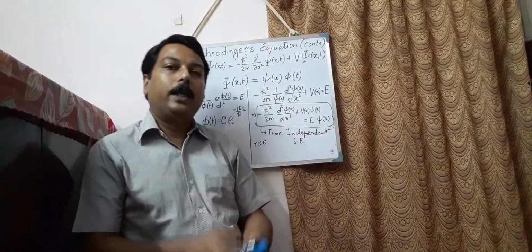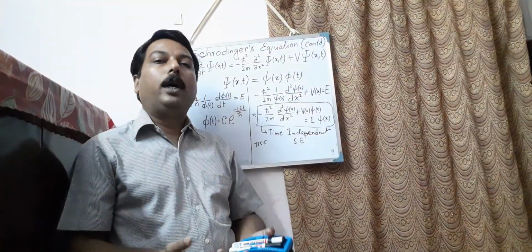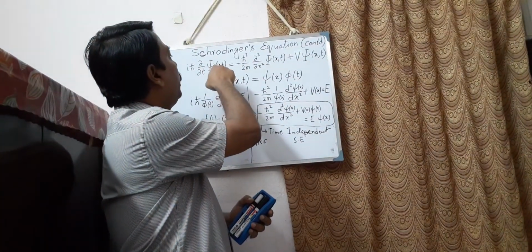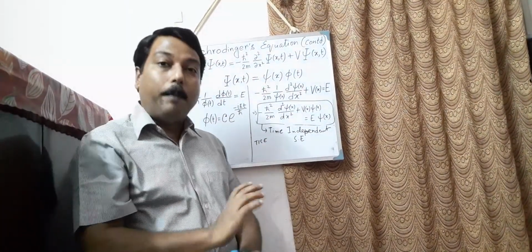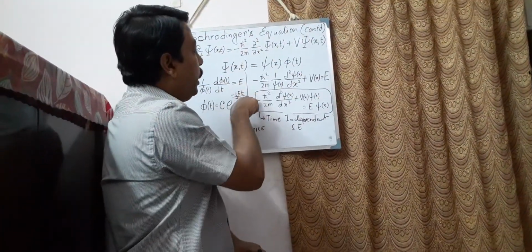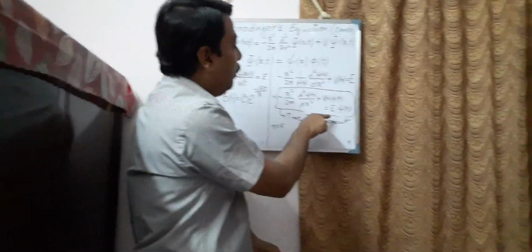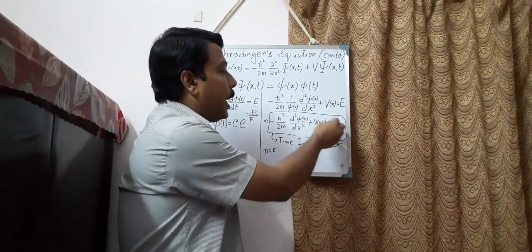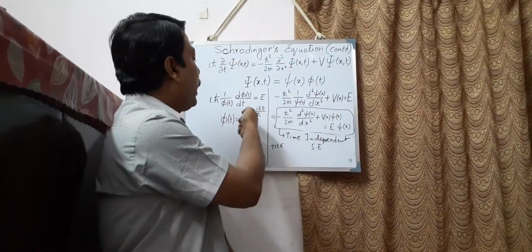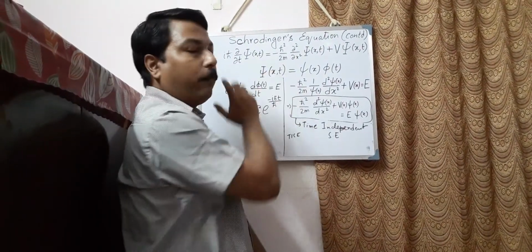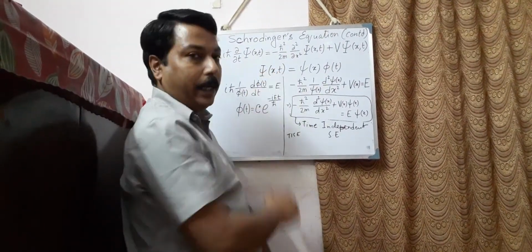So if you are given a system and you are asked to find out the wave function of that system, finding out the wave function means finding out psi as a function of x and t. But I will not go into the original equation. I will straight away start with this time independent Schrodinger equation and find this small psi(x), because once I get it, I will just multiply it by a factor e to the power minus iEt by h bar. That will give me the complete wave function, this capital psi(x,t).